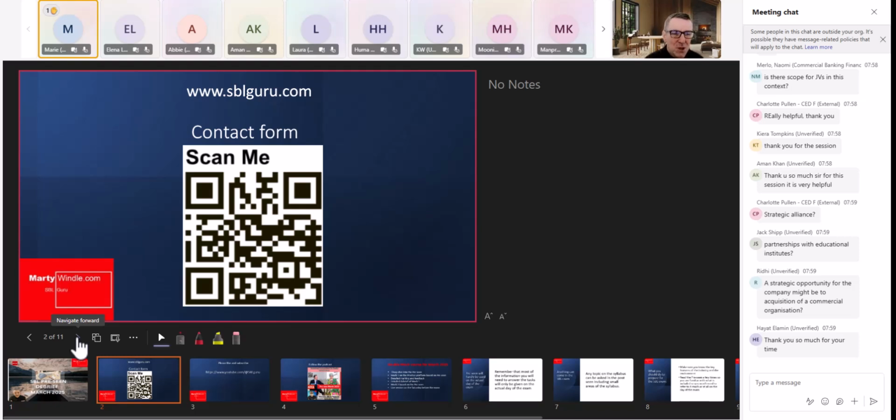Acquisition of a commercial organization. It's possible. I don't think it's likely. It's massive problems to do that in a charity, right? It could be. I'm not saying no, but I think no. I don't think most charities are going to want to buy a commercial organization. An alliance is much less risky for them, like working with a wedding planner, working with a restaurant. They don't have those skill sets to be able to acquire a commercial organization.